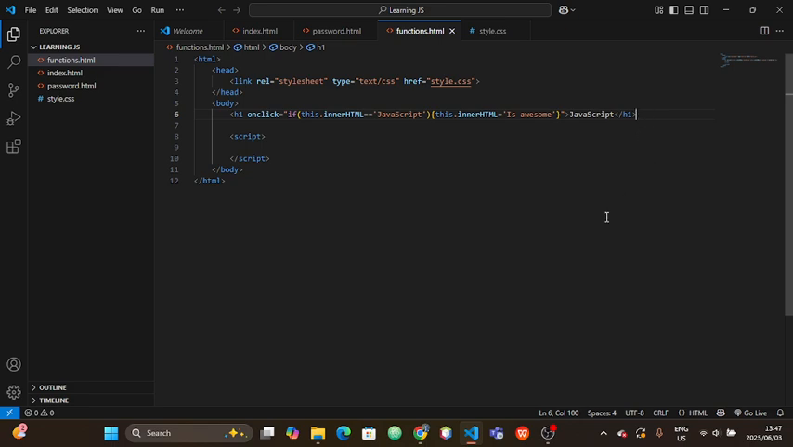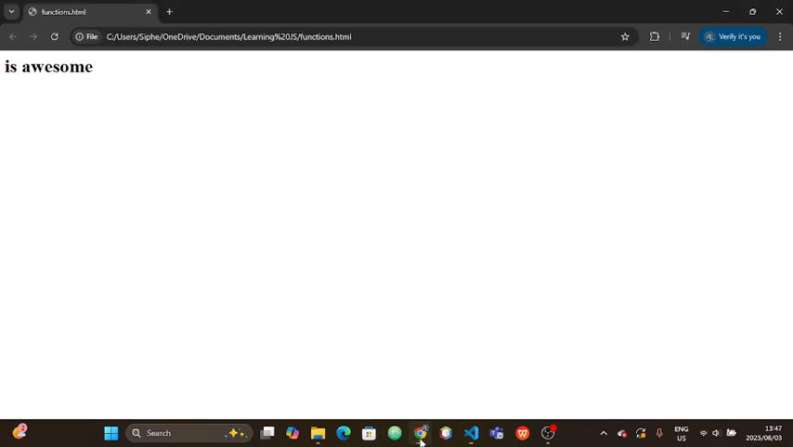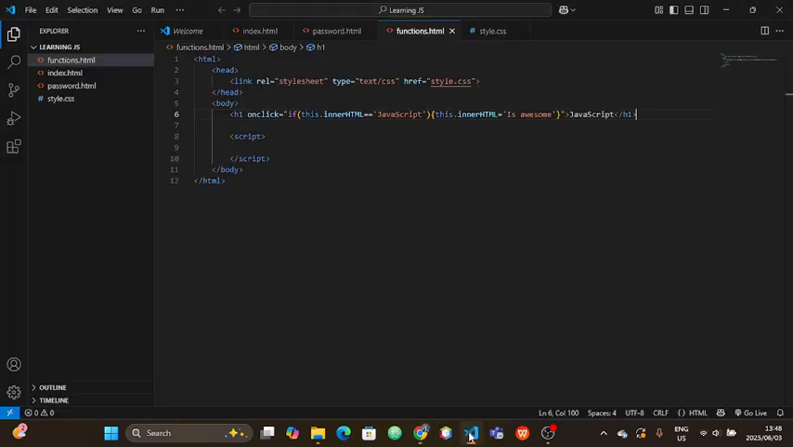Back to the browser. JavaScript. Click on it. Yay, it works. No issues there. Now we haven't done anything really different, but what's coming next is going to make all the difference. We're going to put in an else. Else this dot innerHTML is equal to